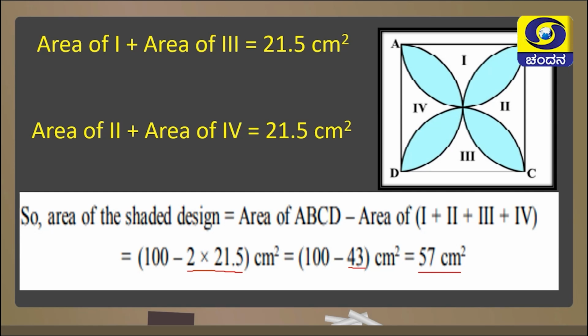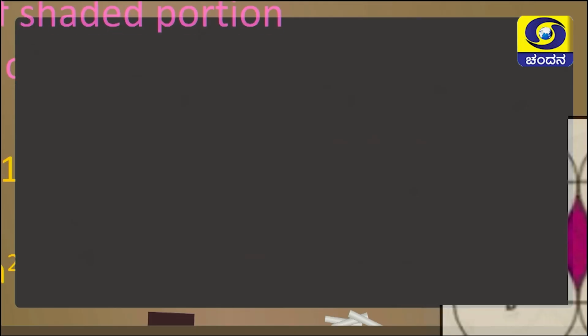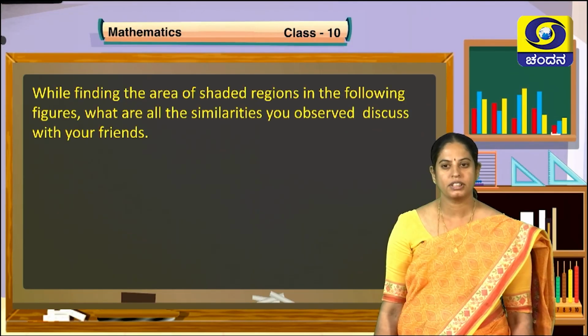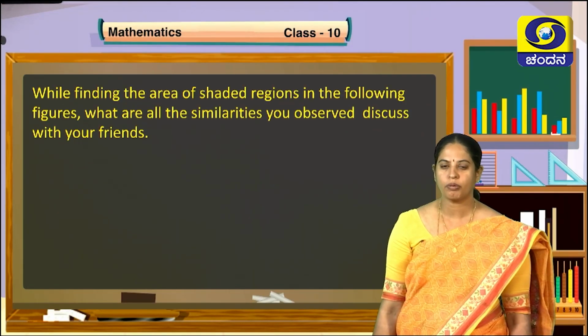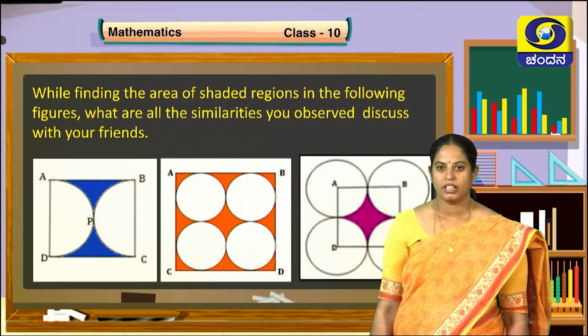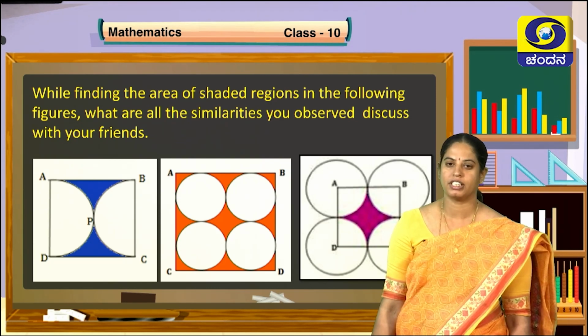So now we got the area of the shaded region, children. This is the model question that is solved in your textbook. You can observe the answer in your textbook also, children. So in this session, we have solved 4 problems. Yes, among the 4 problems, we discussed 3 problems in finding the area of shaded region.